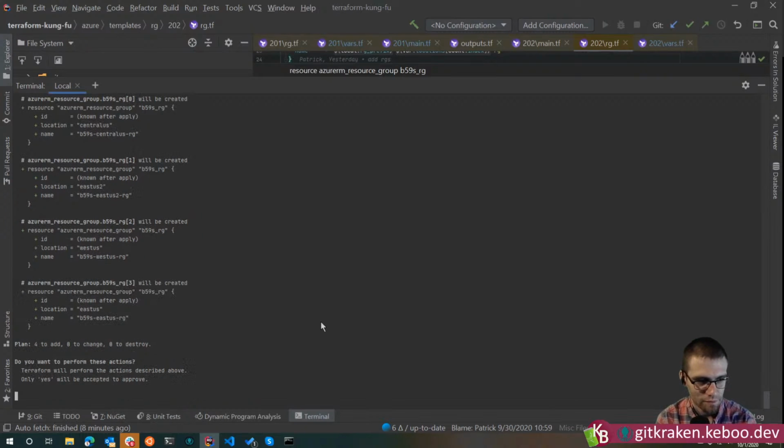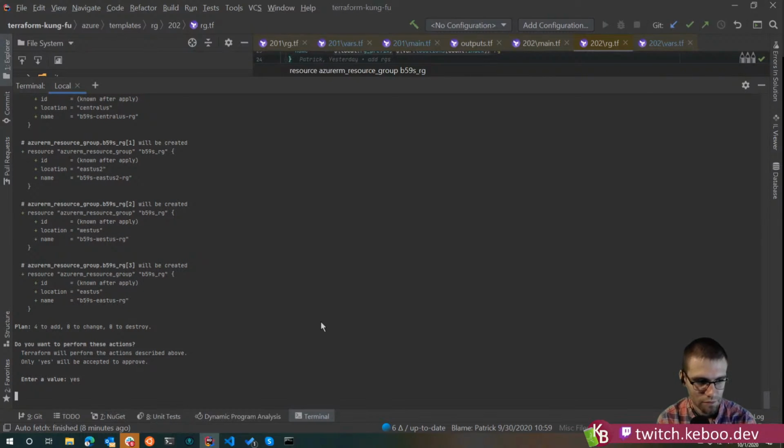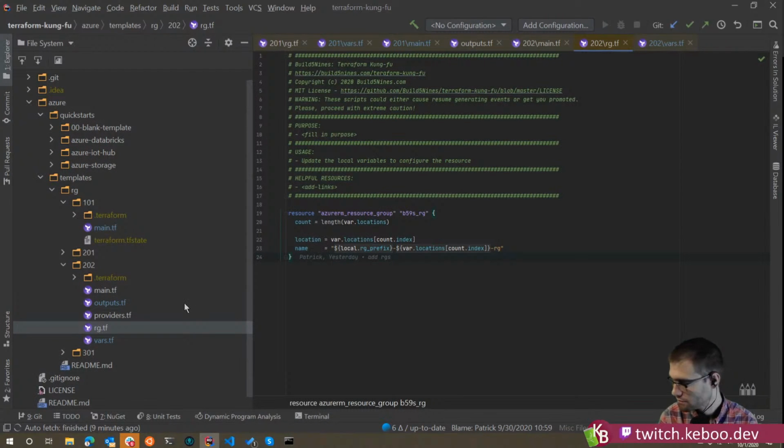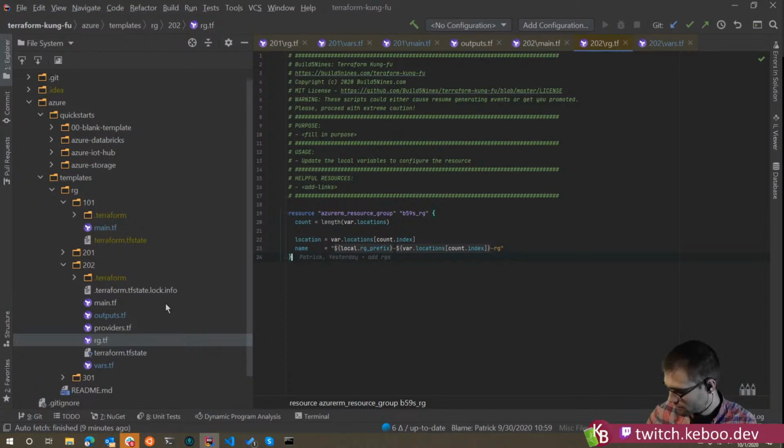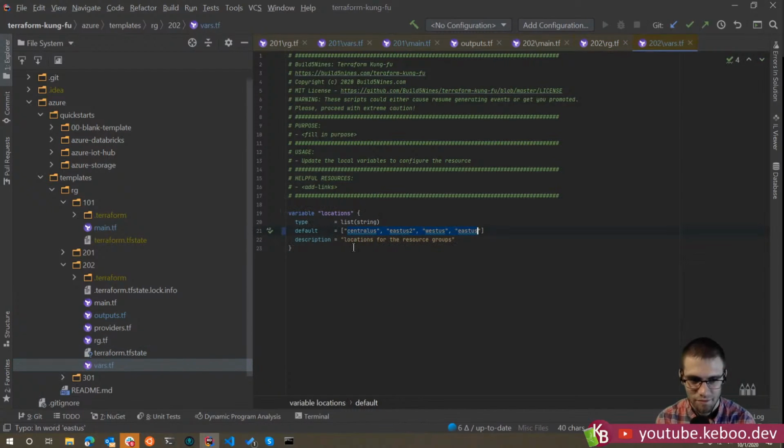Yeah, that's fascinating. So if we do this and we go ahead and create these really quick, right? So let's say a beginner Terraform programmer goes back and looks at these vars and says, "Oh, I really want this to be in alphabetical order." Have we ever heard that before, Kevin? I want this to be in alphabetical order. I've never heard that before in my life. Yeah, then East US probably goes before East US 2, and then West US.